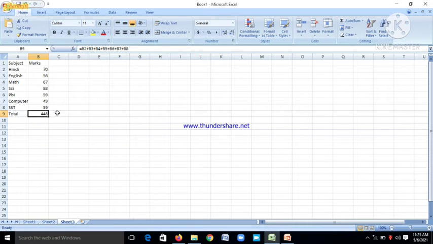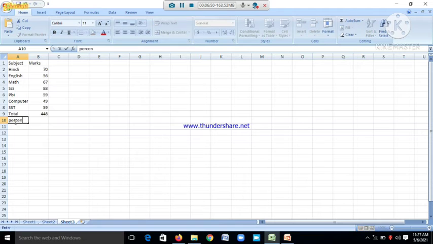Is it clear, friends? Now we are going to discuss the compound formula. What is a compound formula? These formulas are used when more than one operator is needed to perform calculation. Here we need only the plus symbol to add these values, but if we want to calculate the percent of our marks, how can we?